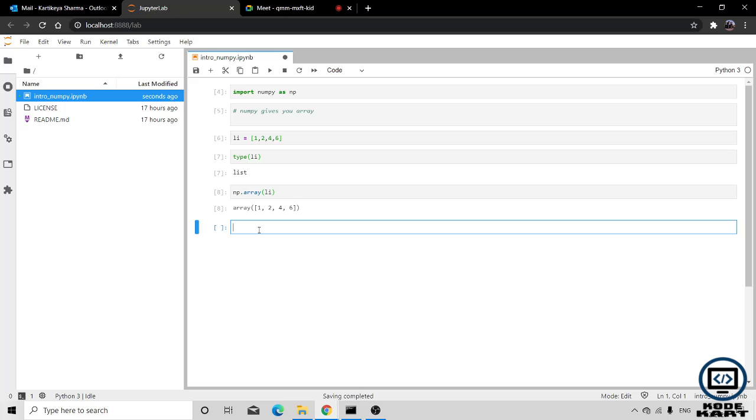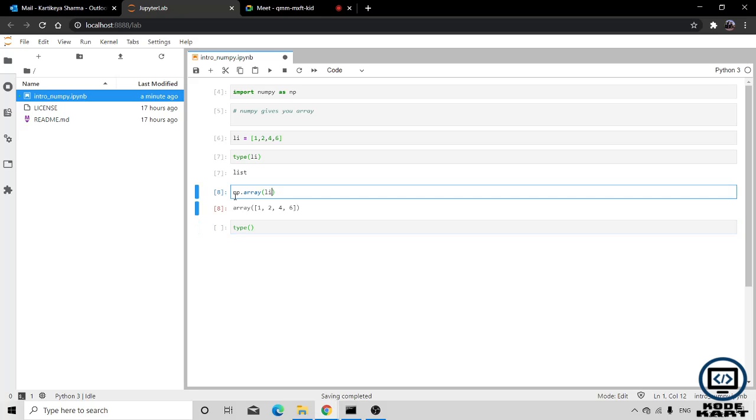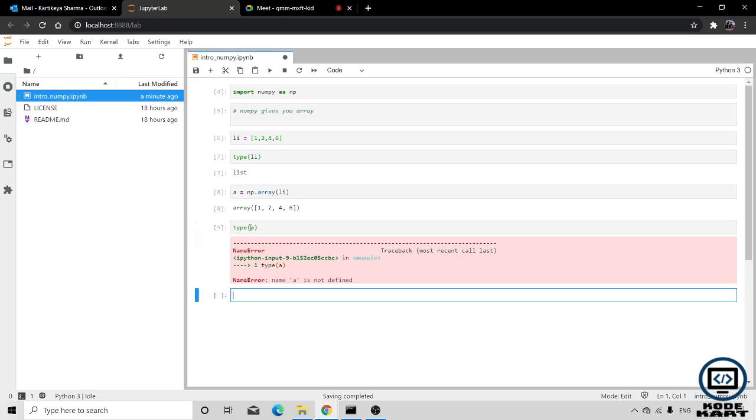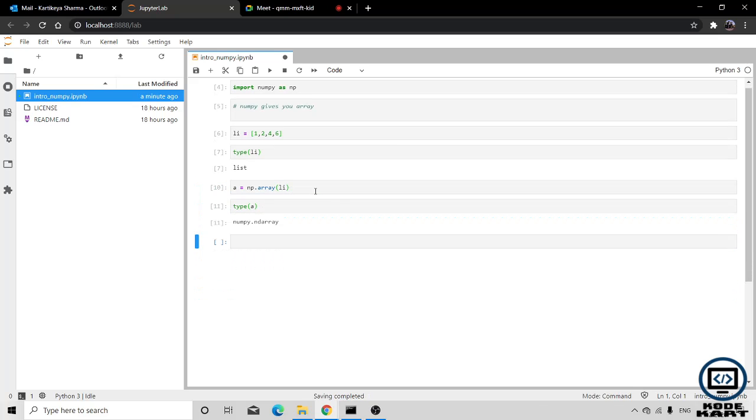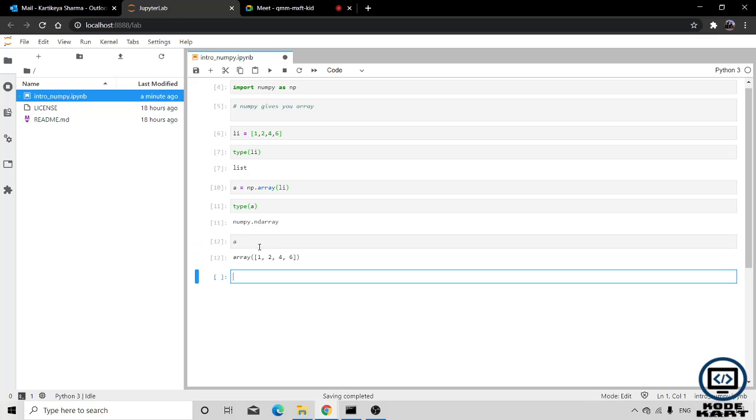Now let's check the type of this np array. Let's store it in a variable first. Now you can see that NumPy is providing an ndarray. It means NumPy is so powerful that it can generate an array in n dimensions. Now if we print a, you can see that it is a single dimensional array.